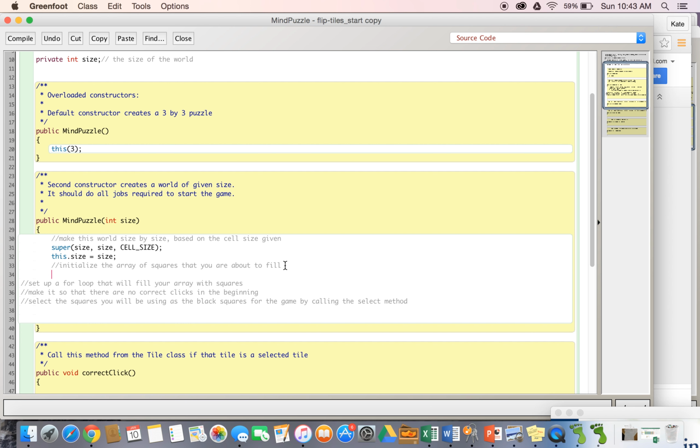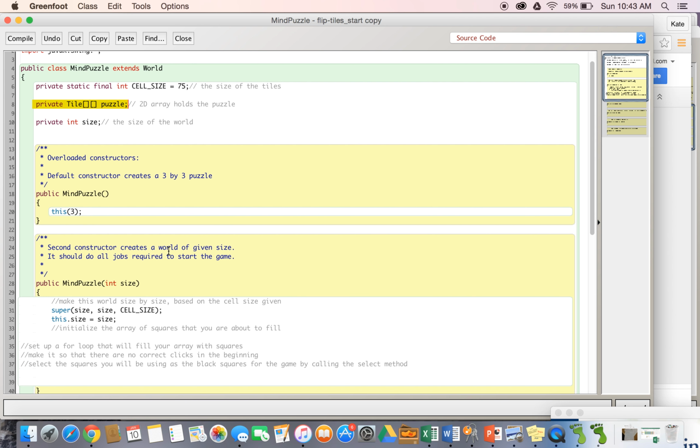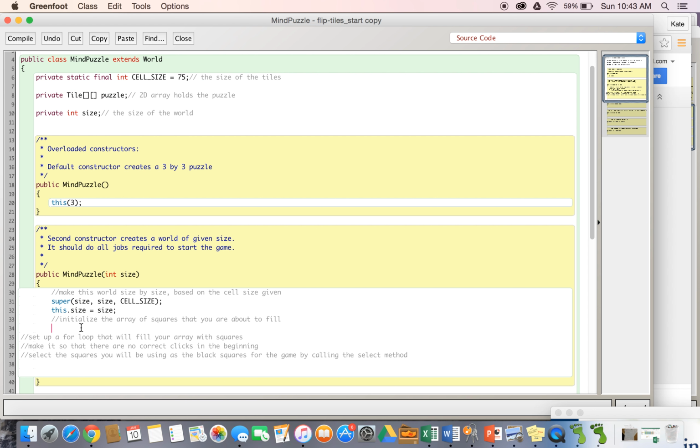So let's get this initialized here. Now we've already got, well, I lied, we've got it declared already, we need to initialize it. So I can just say puzzle because that's the name of the array, okay? This is the type of information you're going to be holding here, tile information, and of course two closed square brackets saying that this is going to be a 2D array. If it were just a 1D array, a regular array, it would have only one. Okay, so puzzle equals,